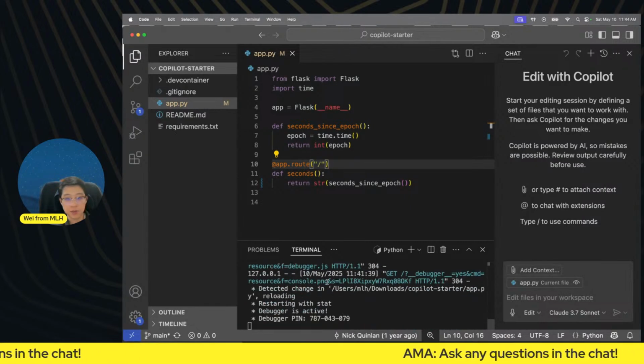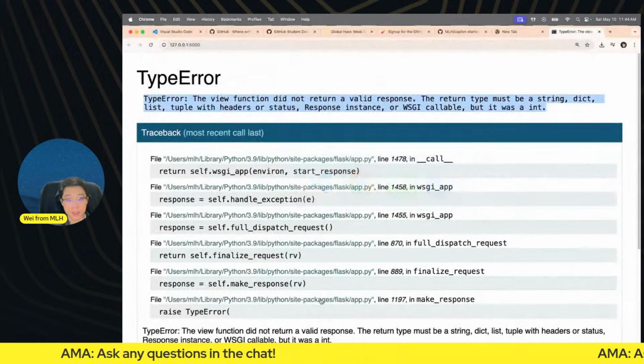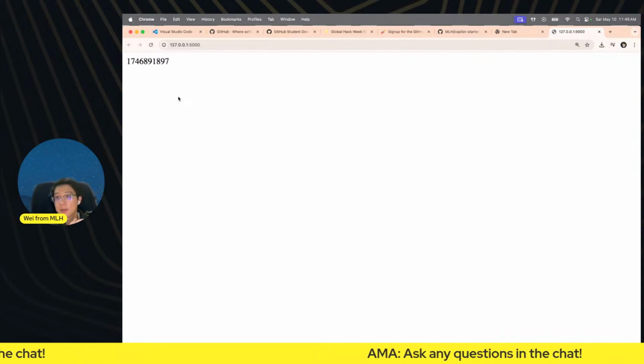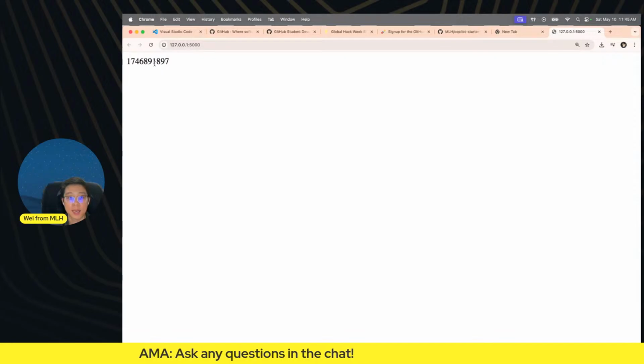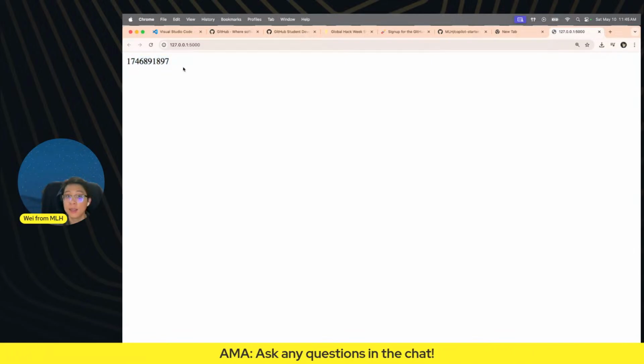We can see the server has detected some changes and it reloaded the app. And now let's go back and hit refresh. And just like that, we now have the API returning the correct time since epoch. So it has been 1.7 billion seconds since epoch.